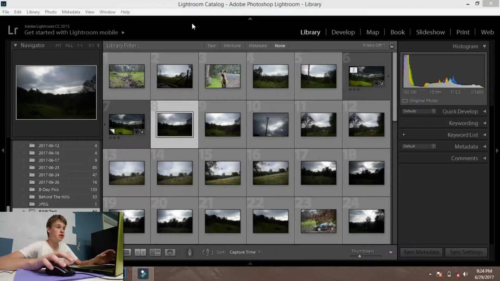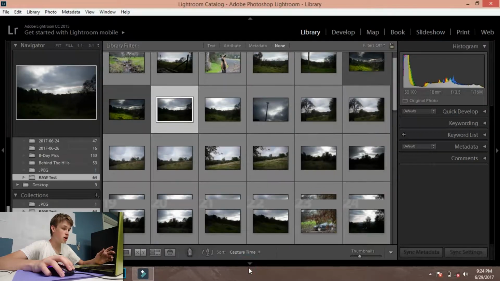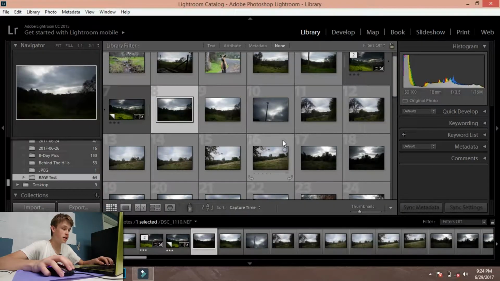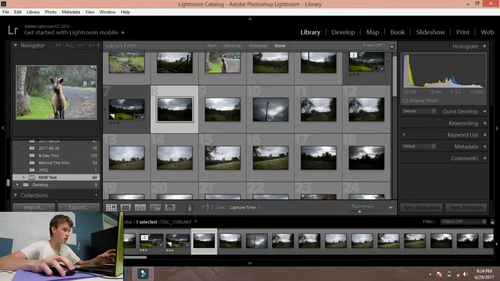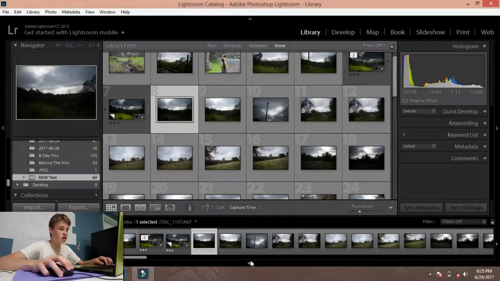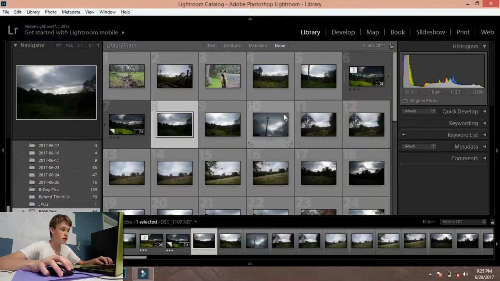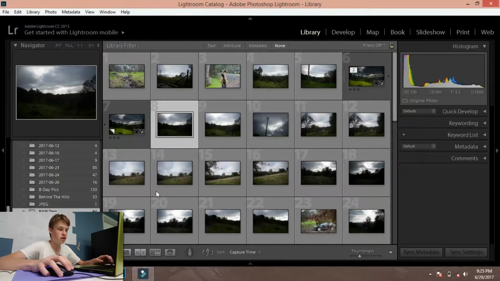Alright guys, so this is Lightroom right here. If this is your first time actually seeing Lightroom, welcome. This is going to be a program you're going to grow very fond of very quickly. Pretty much what stock Lightroom looks like is something very similar to this. This bar down here, the gallery bar or the slider, holds all your images which are in your files. I like to keep that out of the way so I can see more of my images